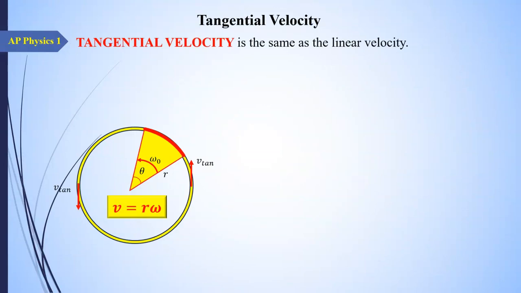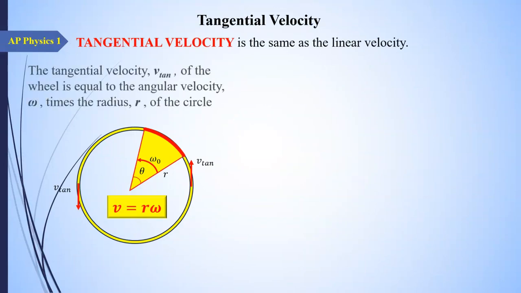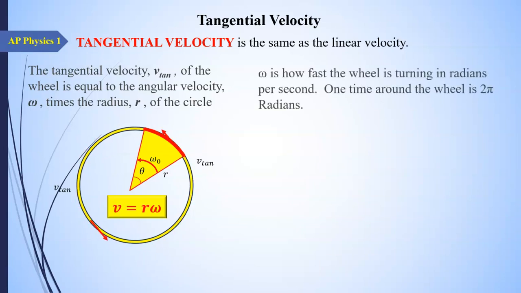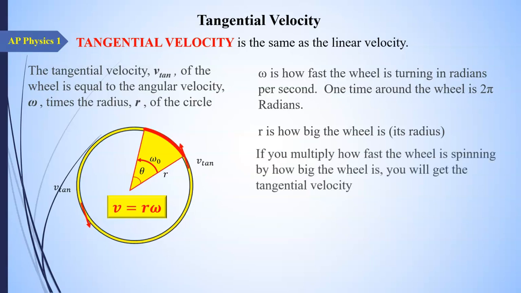Tangential velocity is the same as linear velocity. The tangential velocity, v tangent, of the wheel is equal to the angular velocity, omega, times the radius, r, of the circle. So there you see an example of that. Omega is how fast the wheel is turning in radians per second. One time around the wheel is 2 pi radians. R is how big the wheel is, its radius. If you multiply how fast the wheel is spinning by how big the wheel is, you will get the tangential